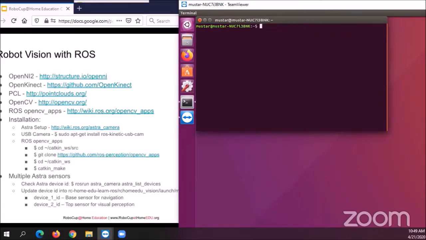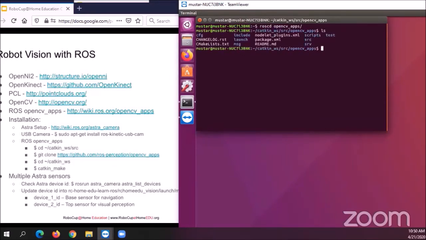So if you go to your ROS CD, your OpenCV, oops, okay, I already have this in my source. So you can see these are all the things that I have. Okay, right. So these are the things. So when talking about this, I want to show you